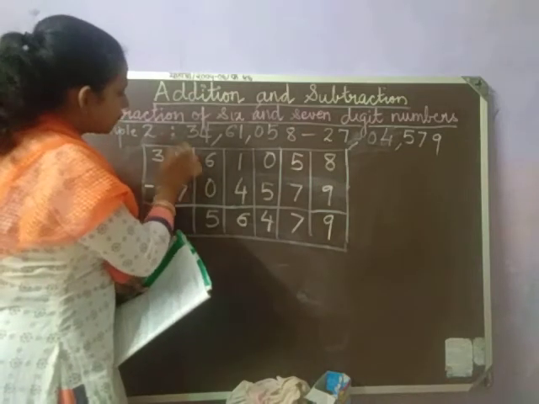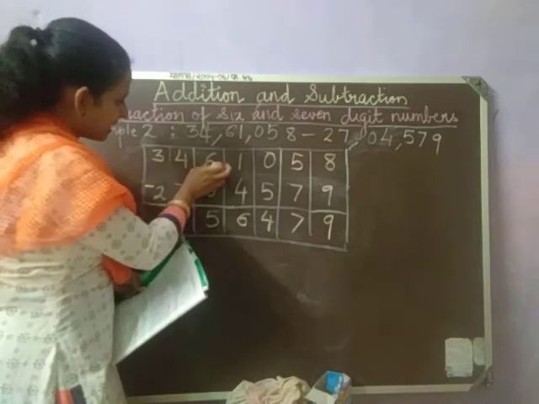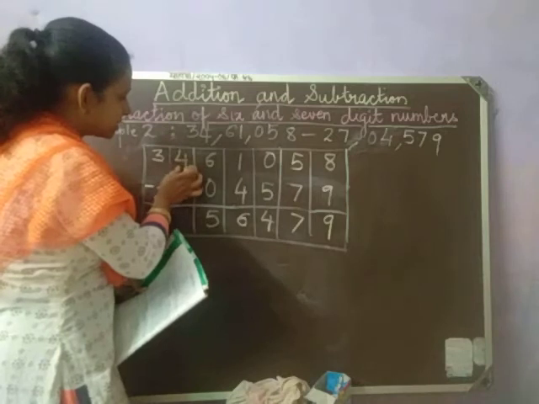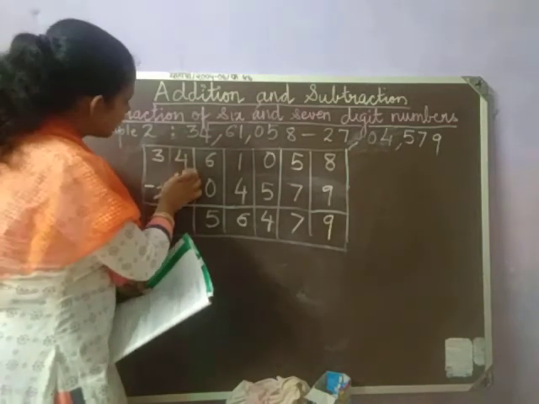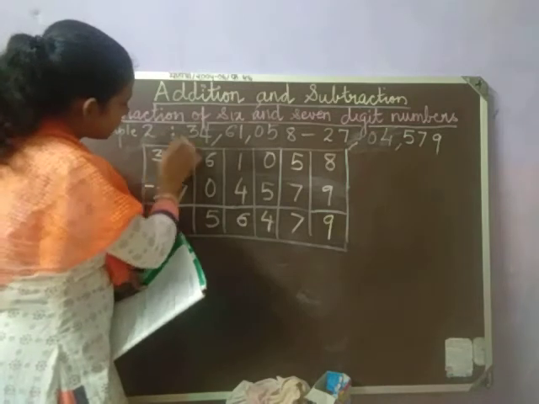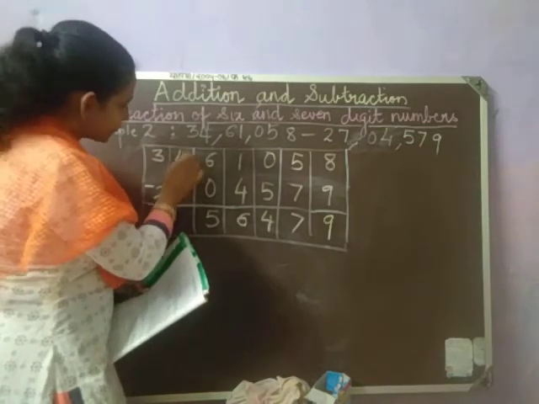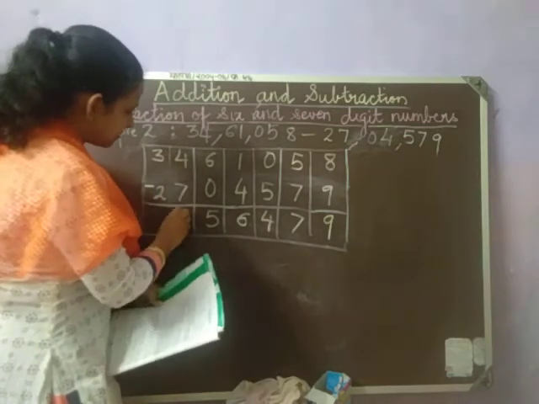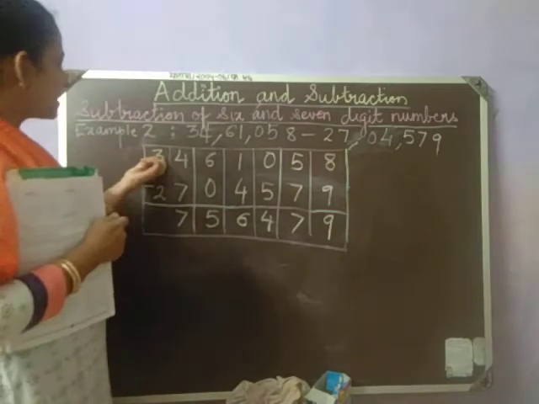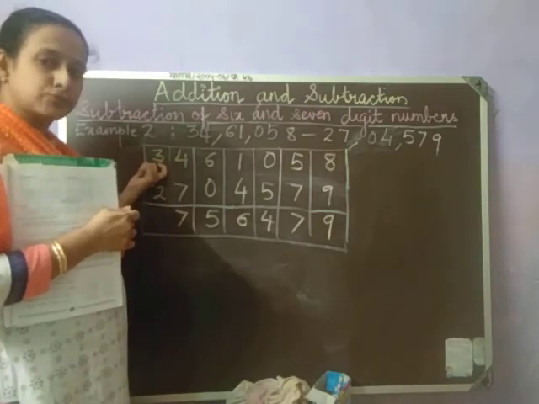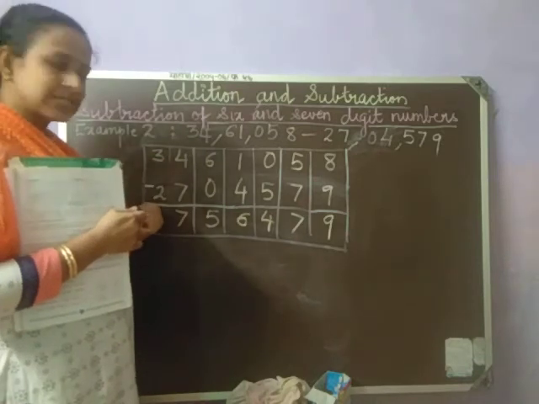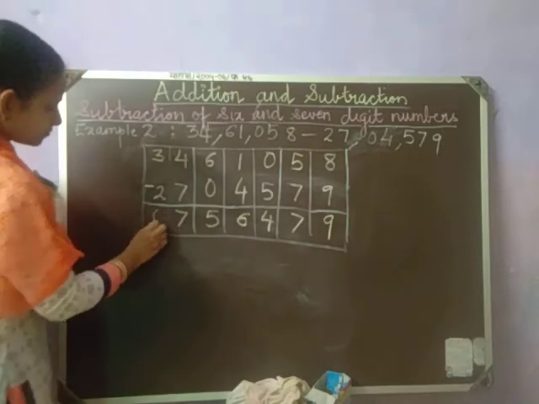Now here we have not borrowed any number from here to here because this was 0. So 4 is there, and we have not borrowed any number from this side to this side. So it is 4. But again 4 is less than 7, so we need to borrow one from here. Now it becomes 14. So 14 minus 7 is nothing but 7. And now again from here we have taken 1, that means this is nothing but 2. So 2 minus 2 is 0.